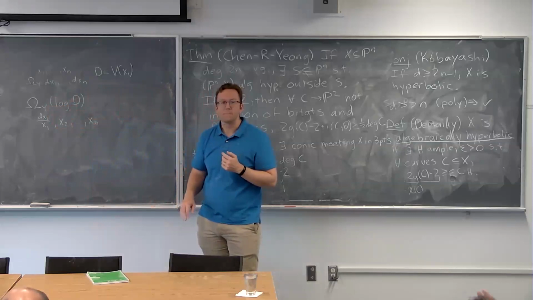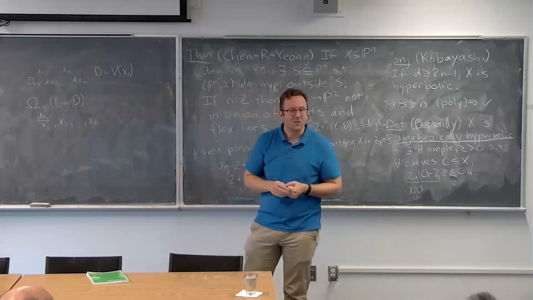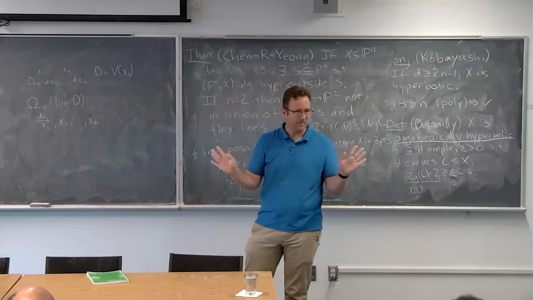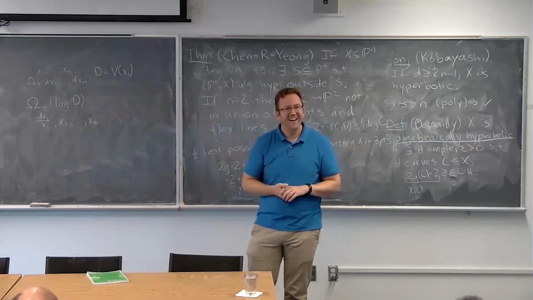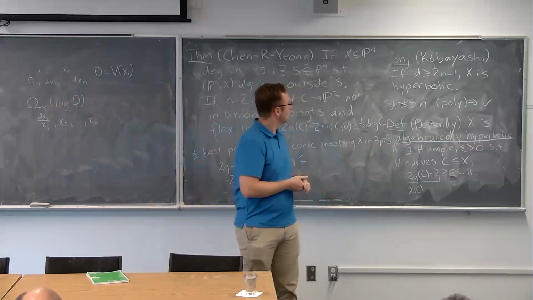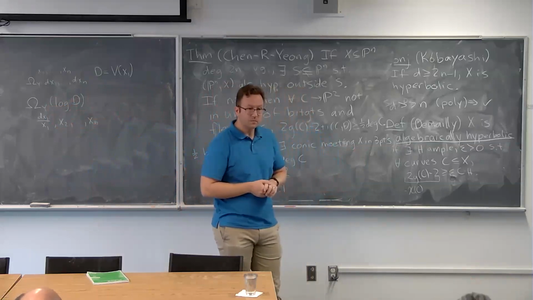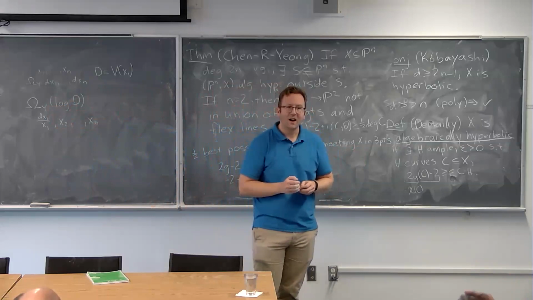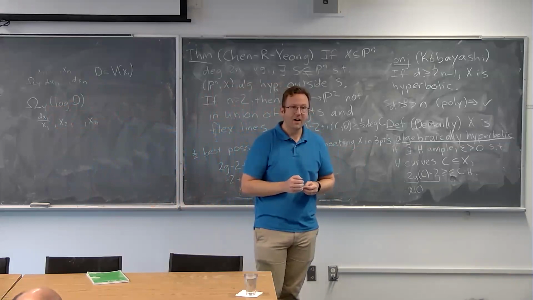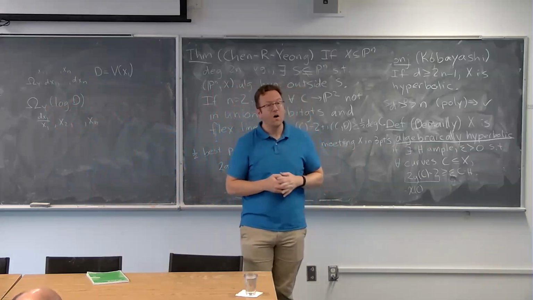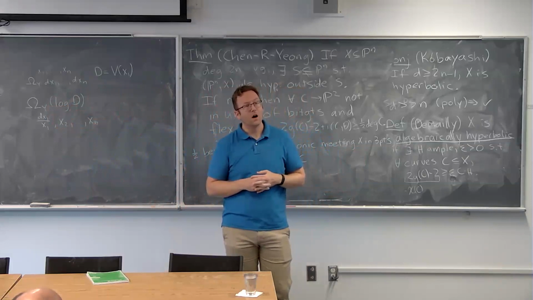Other questions? Everything here is in the algebraic category, of course. But you can make sense of these definitions if you replace a complex structure by an almost complex structure, for instance, if you have holomorphic copies of C inside your manifold. I remember about 20 years ago someone gave a talk in Toronto about a possible connection of these hyperbolicity notions with Floer homology. I was wondering if you knew any development in that.